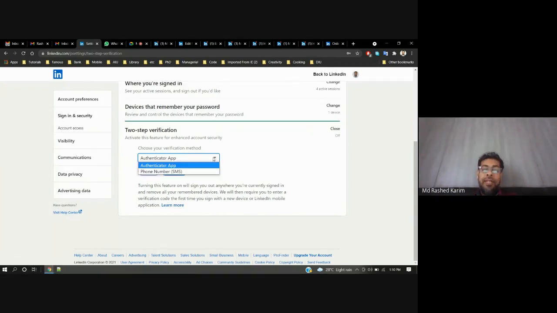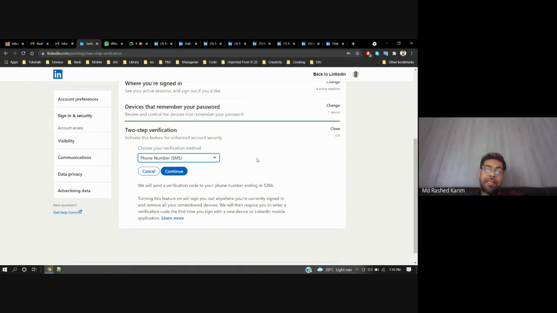You need to download an authenticator app, which will notify you, or you can give your phone number to get an SMS PIN code, the one-time password, OTP. If someone tries to log in or break your password, they will not be able to, because with two-step verification the system will notify you of a one-time passcode, which is required to get into your profile.